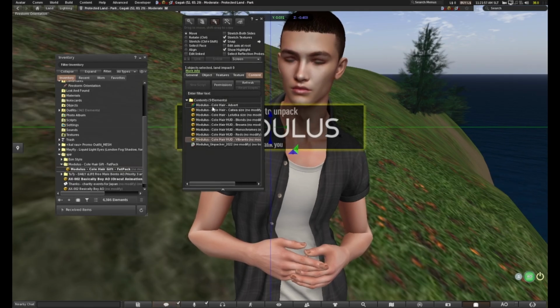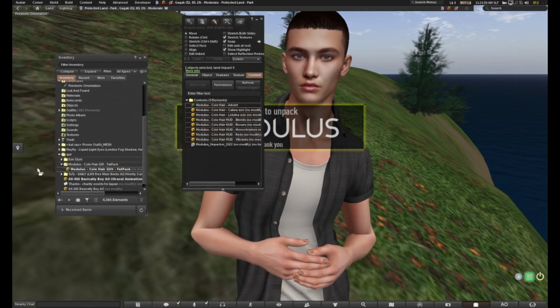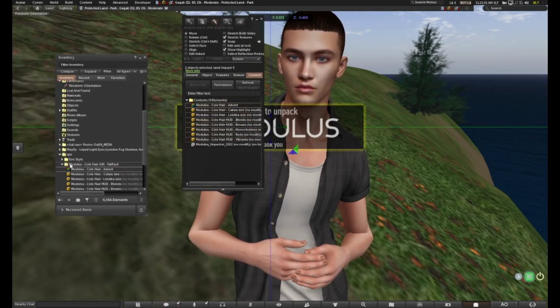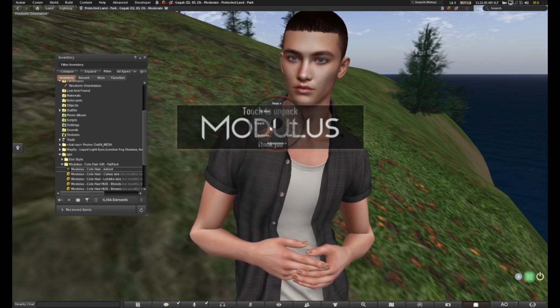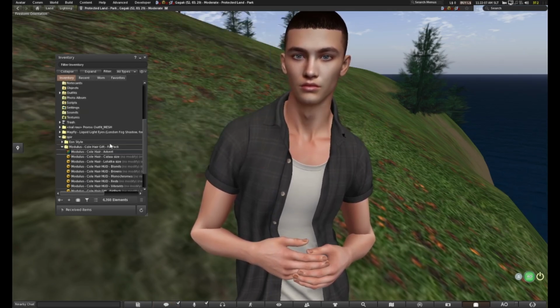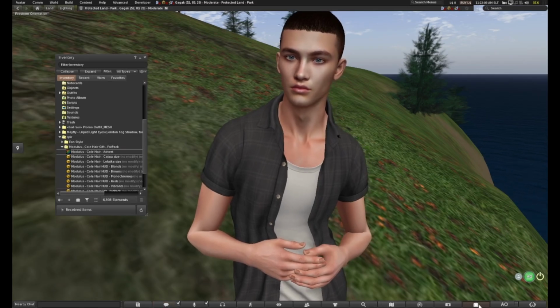But we can also just do this. Oh, you know why it won't work? Because scripts aren't allowed here. But either way, it works. You know what? Let's go to